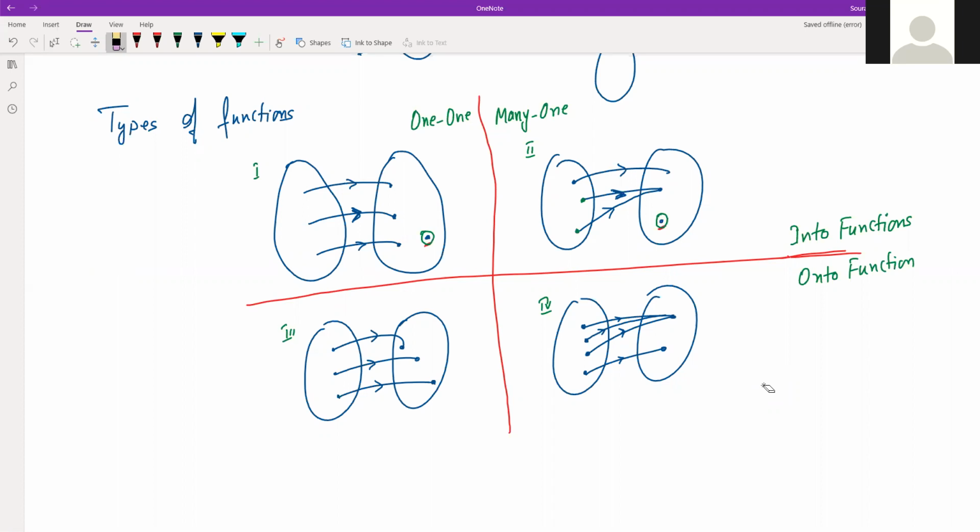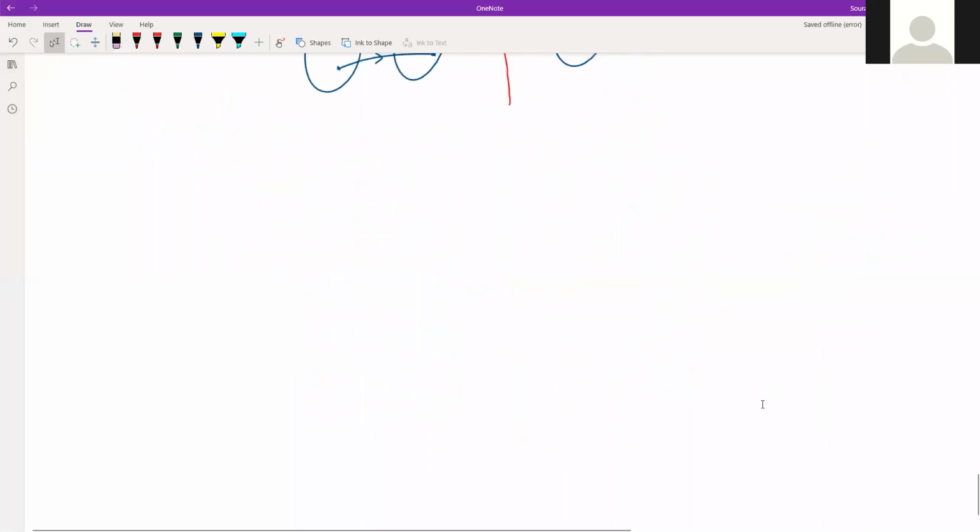And based on the elements in domain and codomain mapping, that is whether it is one related to only one or many related to one, we have two categories, that is one-one and many-one. So total there are now four